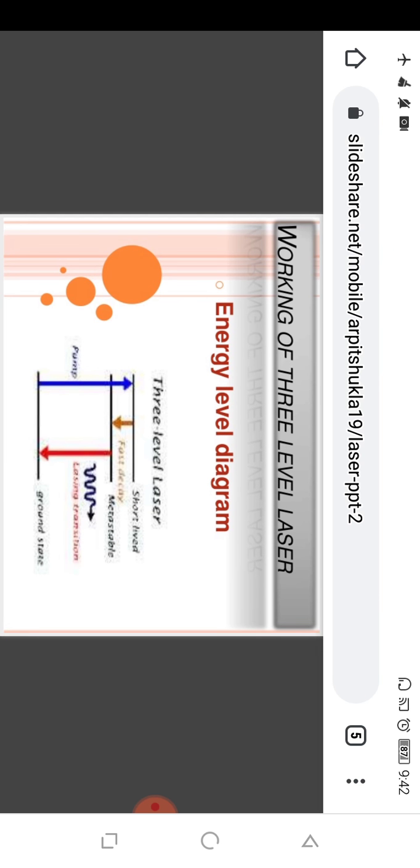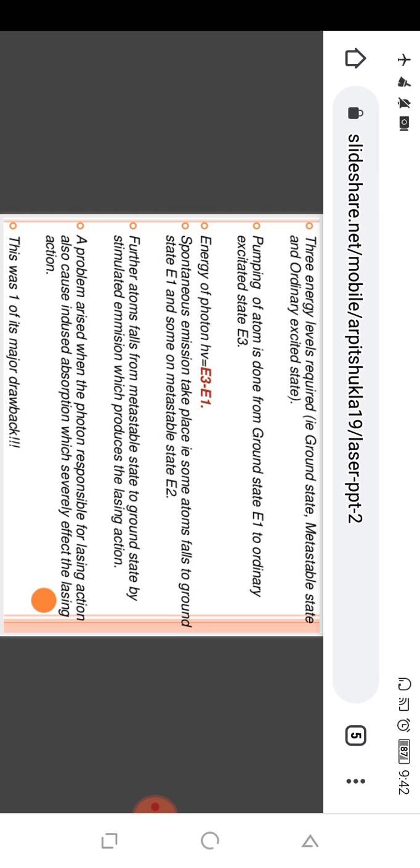Now in a 3-level laser, the parent atom gets excited, comes down to the ground state, transfers energy to the impurity atom, and this impurity atom moves from ground state to the excited state. From there it slides to the metastable state and stays there. After population inversion, it returns to the ground state, producing a beautiful stimulated emitted radiation. This is generally a 3-level laser,